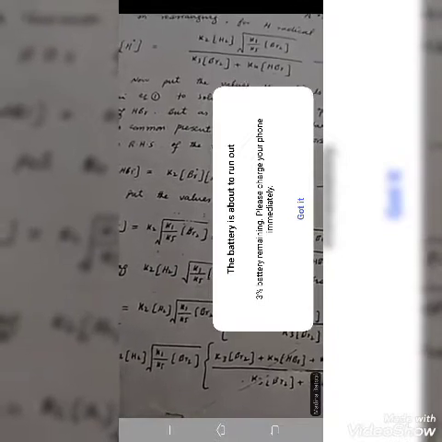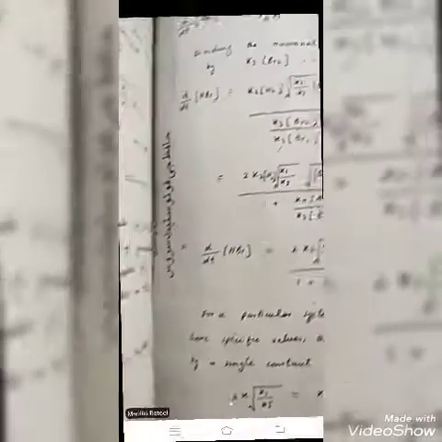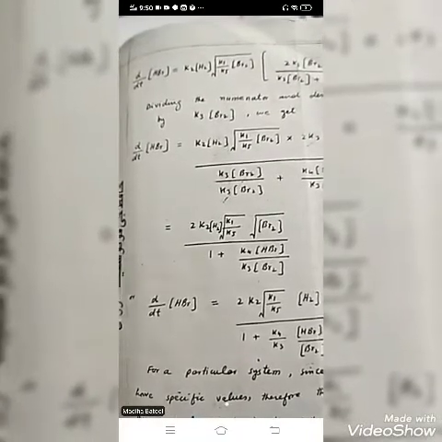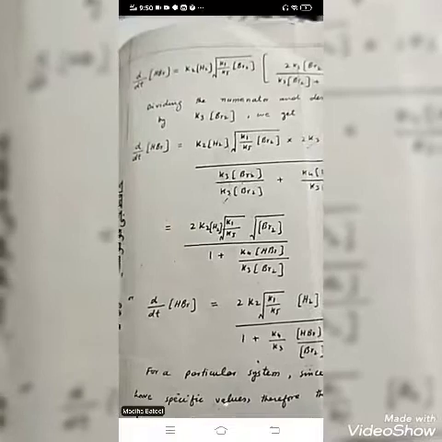Now in this next step, what are we doing? We are taking the calculation of HBr, the rate of formation of HBr. In the next step you can follow K2 H2 root of K1 divided by K5 Br2. In this equation, you take the LCM. K3 Br2 plus K4 HBr will be the denominator, and similarly you solve the equation in this term. What is this? d[HBr]/dt will be K2 H2 root of K1 divided by K5 Br2, simply times K3 Br2 over K3 Br2 plus K4 HBr.